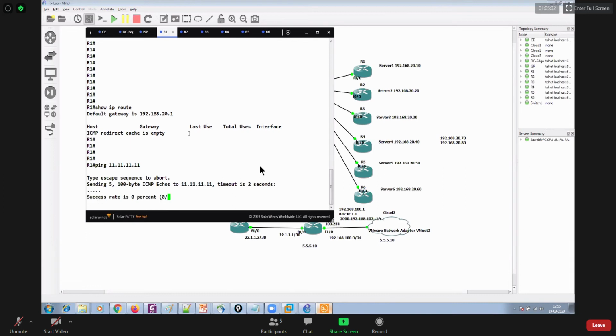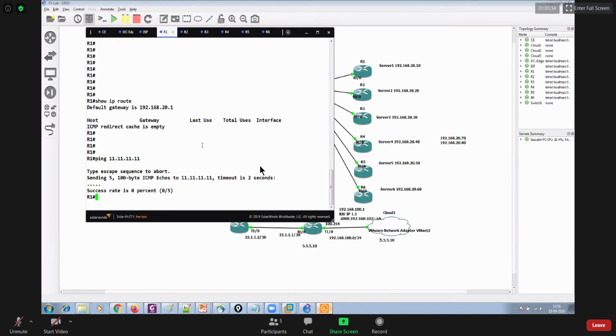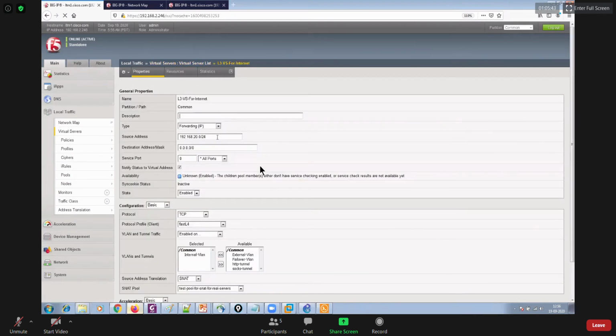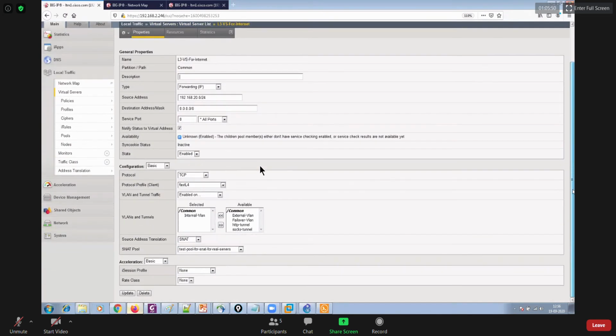Let me see what happened and why we are not able to access this IP address, because we were supposed to have access to it. Let me go back to this virtual server. The source is 20.0, the destination is this. It is enabled on the internal VLAN, this is fine, and SNAT is also taking place.